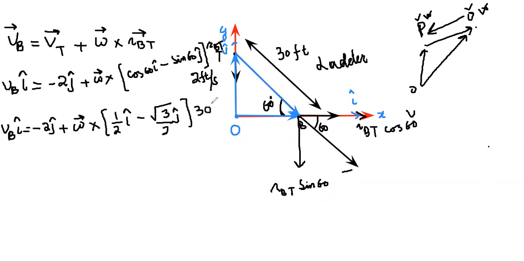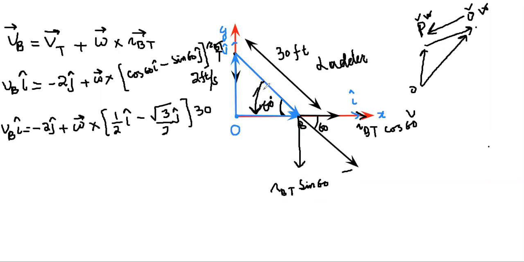This is 30. Now see what is happening to the ladder. This point of the ladder is coming down. As this point of the ladder comes down, what is happening to this angle? This angle will keep on decreasing. As point T is moving down, point B is moving along the x-axis. Therefore a time will come when this ladder will simply collapse on the ground. It will be flat on the ground. So every time this angle is decreasing.